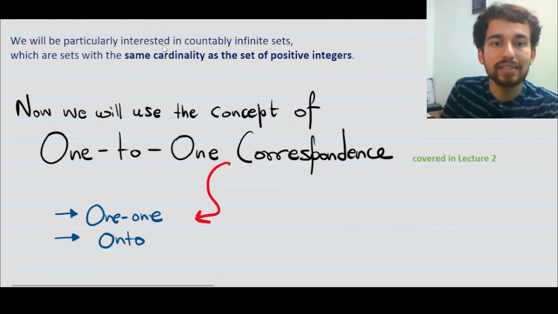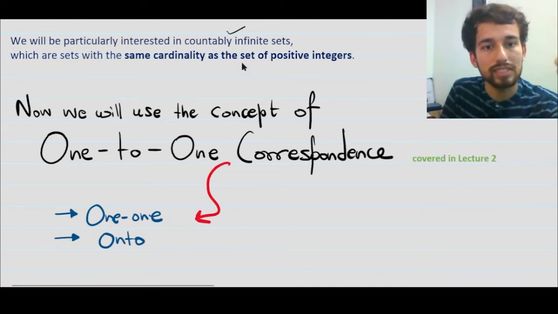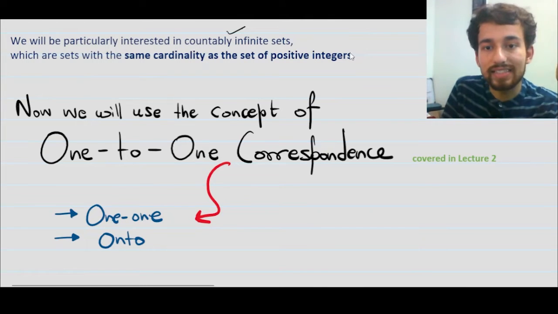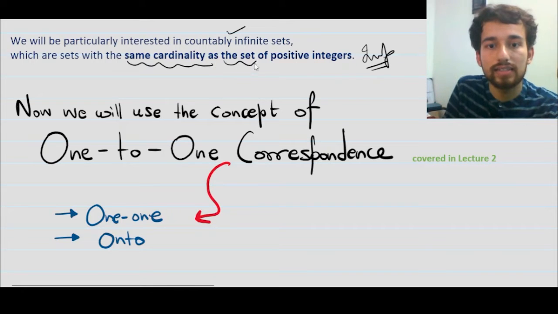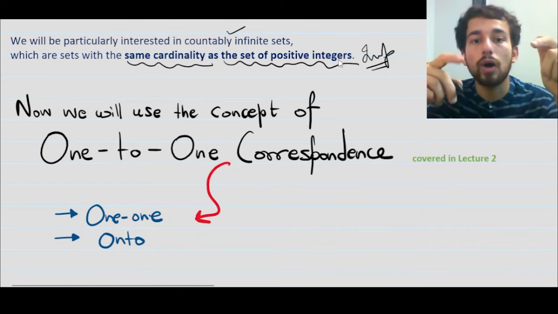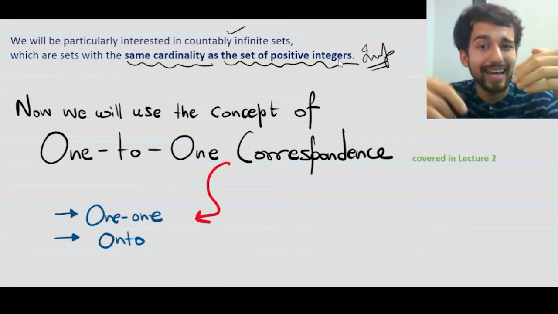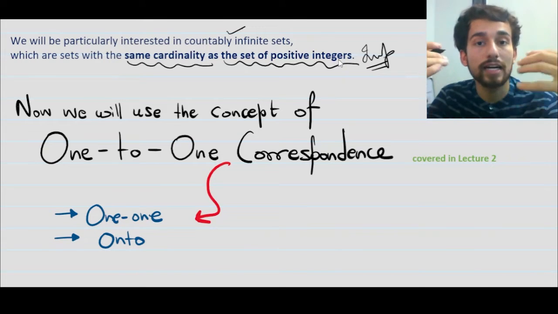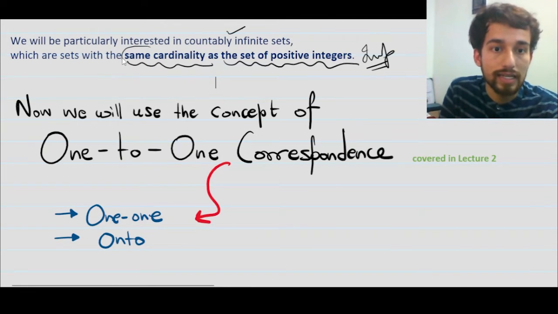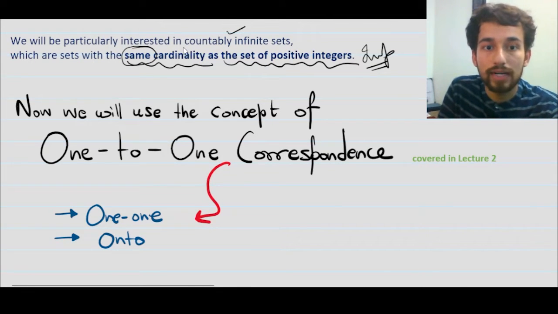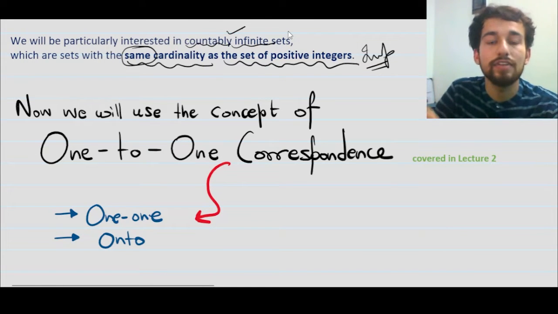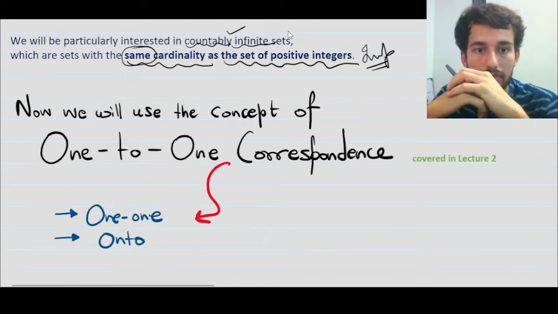We will be particularly interested in countably infinite sets. उसके अंदर भी हम कौन से सेट्स में इंटरेस्टेड होंगे, countably infinite, this is very important, try to again, as I said, try to understand this highlighted point. जब हम countably infinite sets पढ़ेंगे तो वहां पे हम उन सेट्स में इंटरेस्टेड होंगे जिनकी कार्डिनलिटी सेट ऑफ पॉजिटिव इंटीजर्स या फिर सेट ऑफ नेचुरल नंबर्स के बराबर हो, एग्जैक्टली सेम हो। तो हम कौन से सेट्स को इंटरेस्टेड हैं पढ़ने में, काउंटेबली इनफाइनाइट सेट्स या फिर डिन्यूमरेबल सेट्स, जो भी हमने पहले भी समझा।